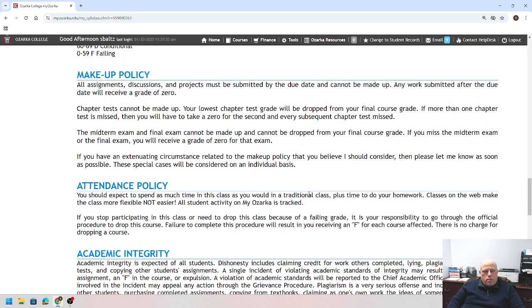Next item is the makeup policy. Basically for this class, just in general, I do not allow makeup work simply because I give you plenty of time to get the work completed. Because of that, I do not generally allow makeup work. But that being said, if you have a special circumstance that you think warrants me looking at and considering that,